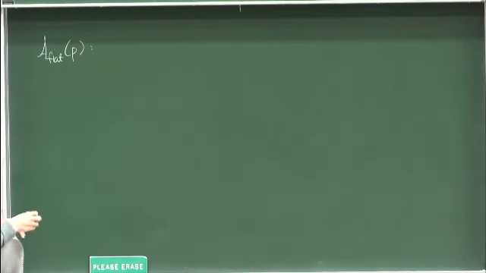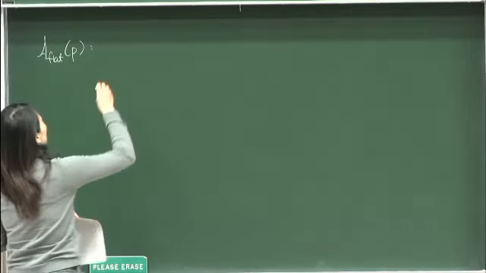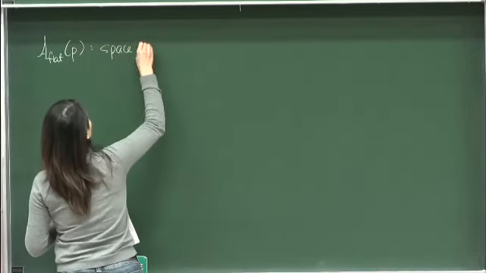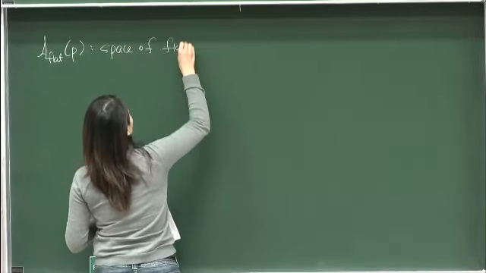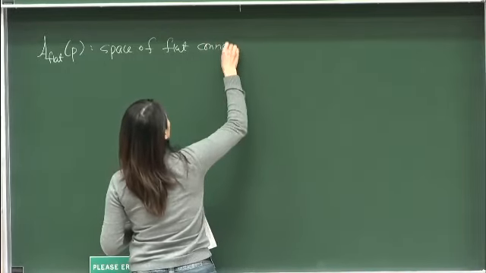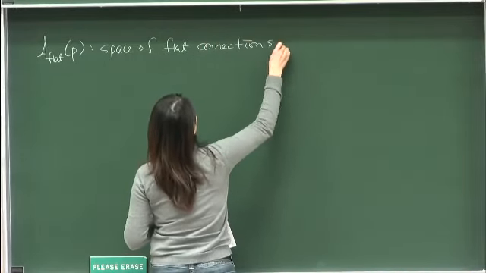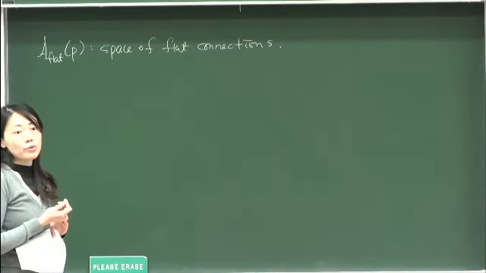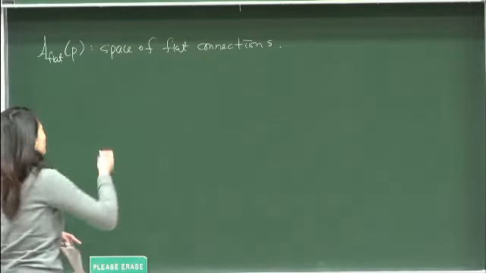And the space of flat connections, those connections which have zero curvature, there are obstructions for a principal bundle to admit flat structures